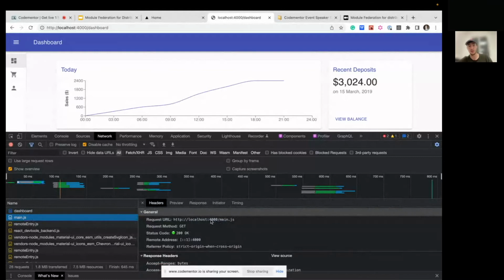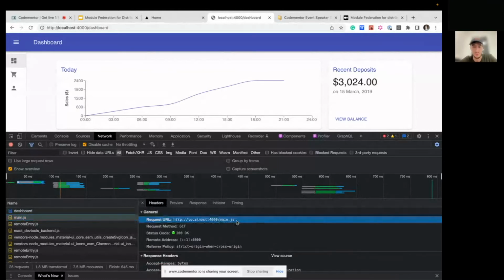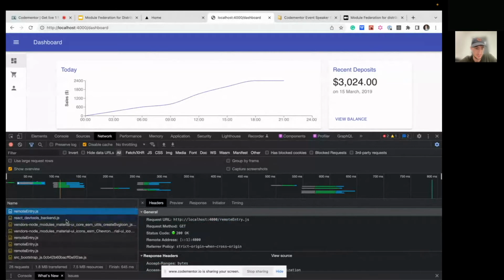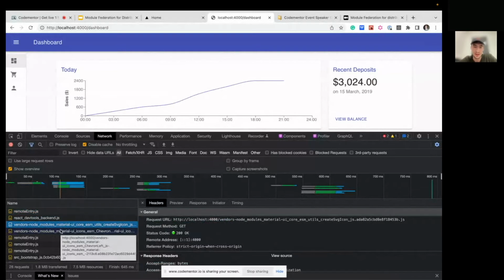As you can see, on port 4000 we have the main.js file, which is actually our shell application. It's our entry point. Then we need to load the remote entry for our shell application as well, like a manifest. Then, as you can see, I have Material UI here, and everything loaded